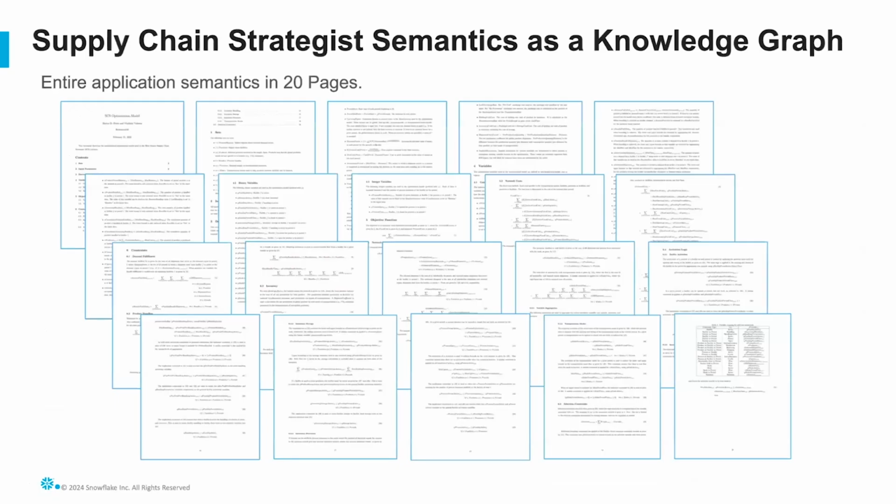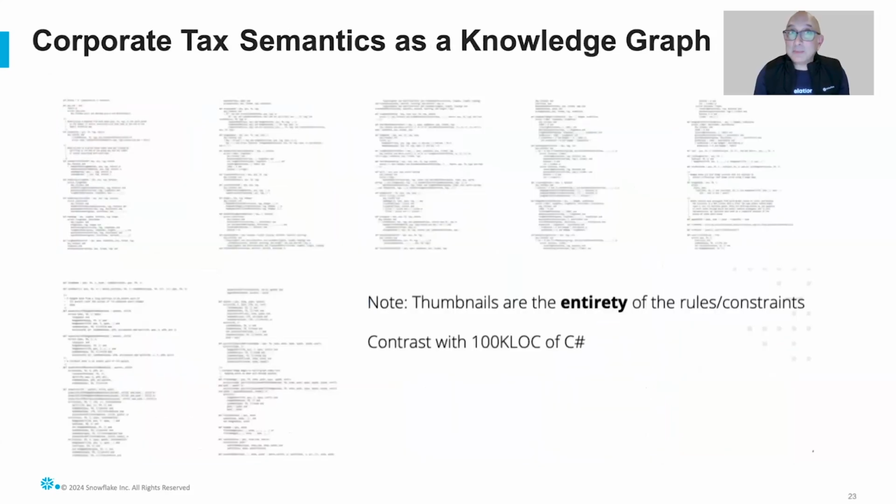In fact, once you actually just look at the essential semantics of this application, you can verbalize it and describe it in about 20 pages. So think about 205,000 lines of C++, and all the accidental complexity that is embedded in that relative to 20 pages of business logic. We saw something also very similar working in the tax application space, where we used